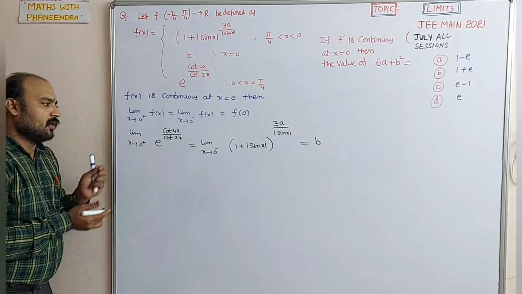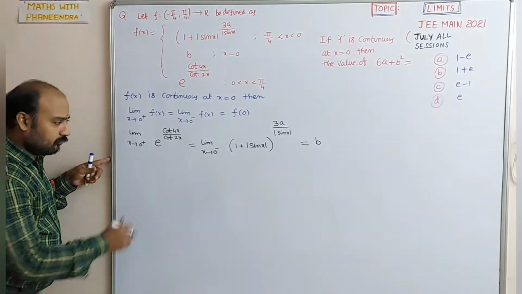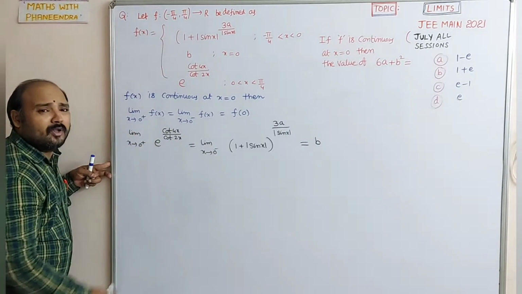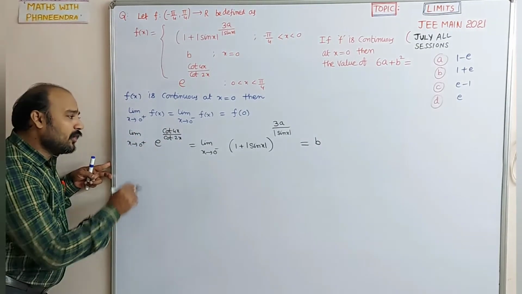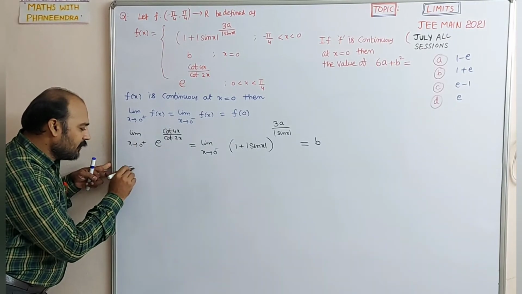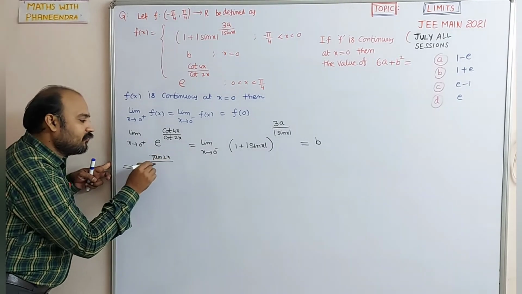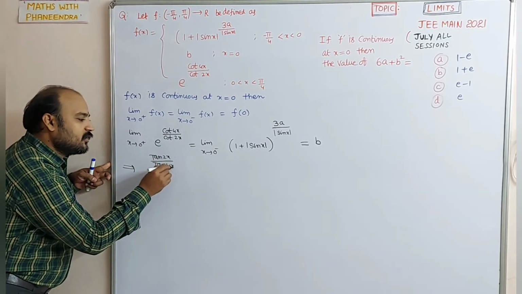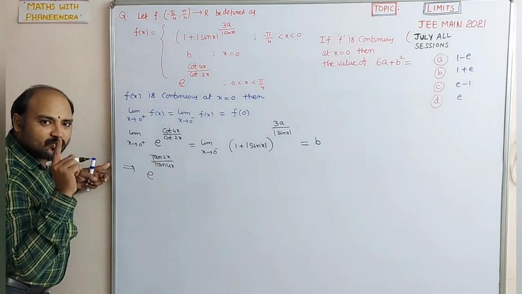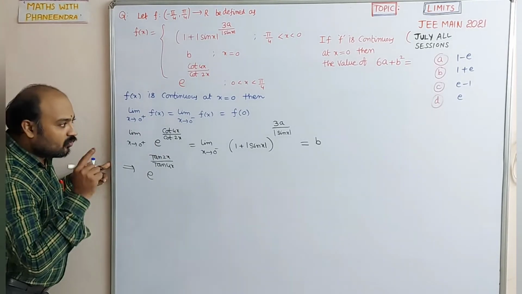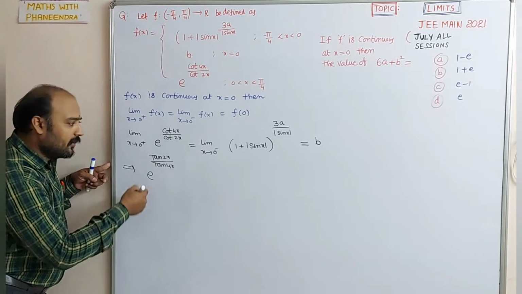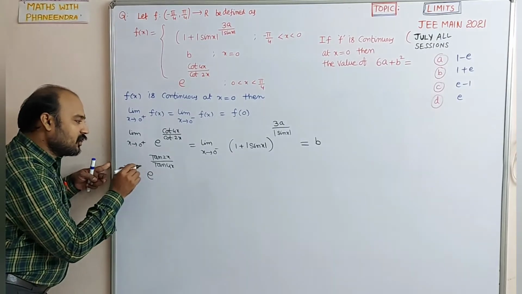Limit x tends to 0 plus e power cot 4x by cot 2x. Here cot 0 is infinity, so infinity by infinity will come now. So that's why what we are doing is, in terms of tan you can convert and apply the limit. e power tan 2x by tan 4x. The reciprocals: cot 4x can be written as 1 by tan 4x, 1 by tan 2x, denominator of denominator, numerator, and apply the limit also.